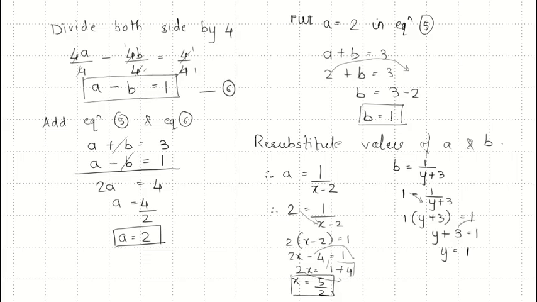So y is equal to 1. This plus 3 comes to the right hand side, it becomes minus 3. So y we got as minus 2. So plus 1 and minus 3 is minus. Plus into minus is minus. 3 minus 1 is 2. Sign of the bigger number is minus. So y is minus 2. Therefore, finally we got x comma y is equal to 5 upon 2 comma minus 2. This is the solution.